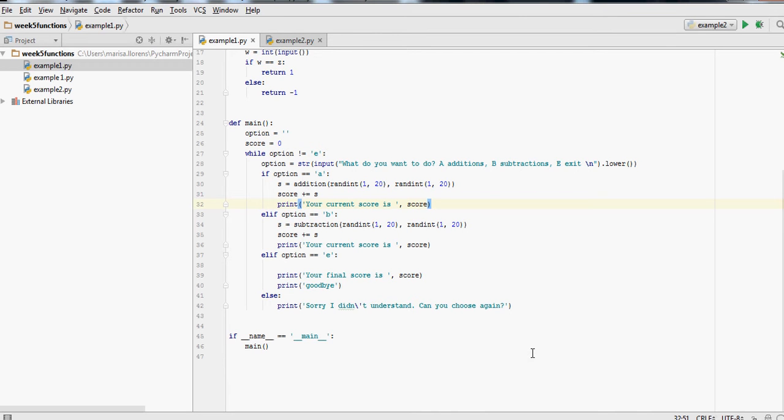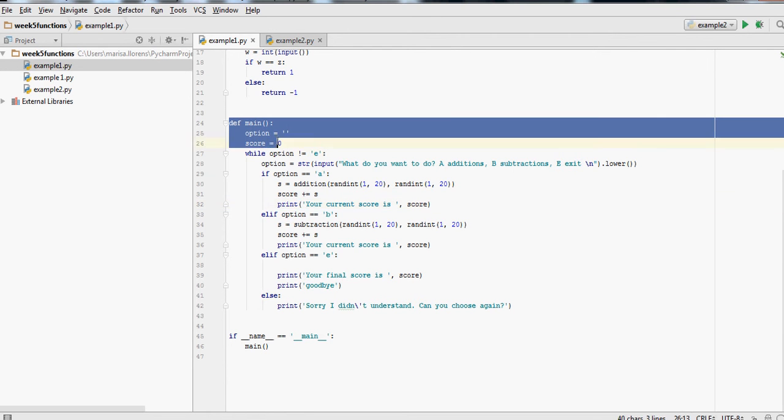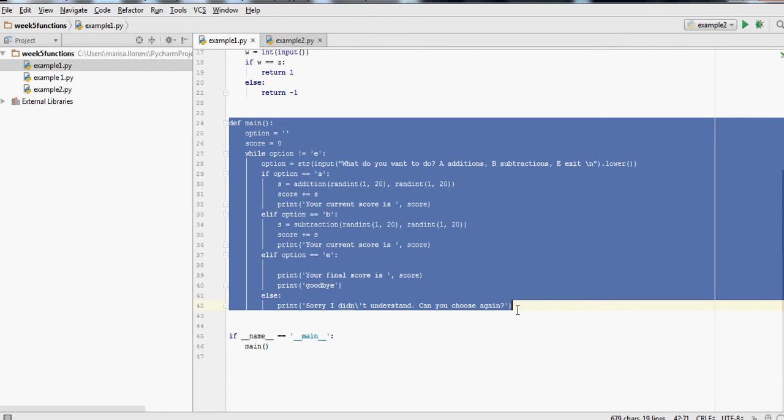Hello, in this video I'm going to show you how to use functions to organize a program, and we're going to be using the brain trainer that we created in previous sessions. So we're going to start using a main function, and it is going to be the controller of the whole code. Underneath the main function we're going to have these two lines that say if name main, then execute the main function. And basically what we're saying is that the main function will only be executed when we are running